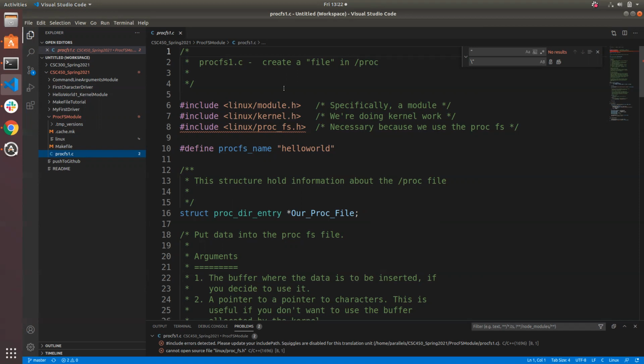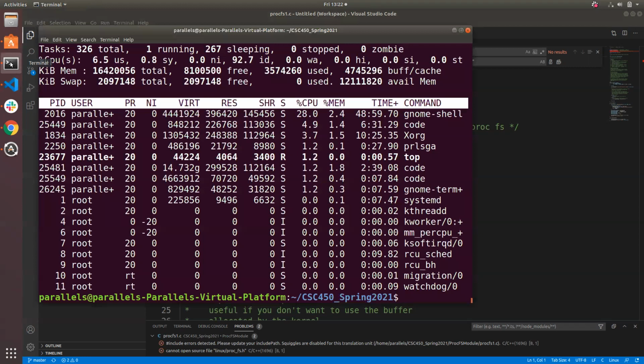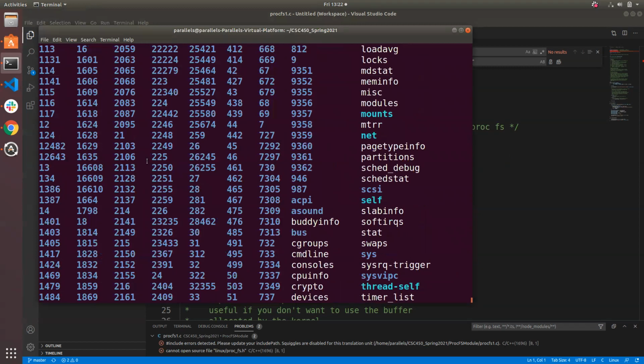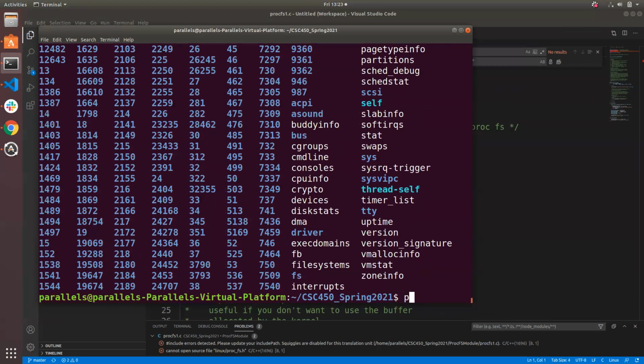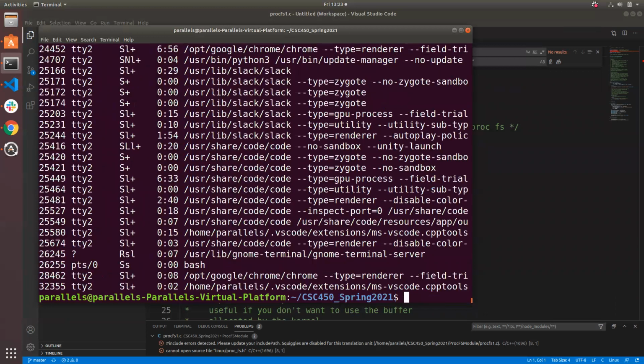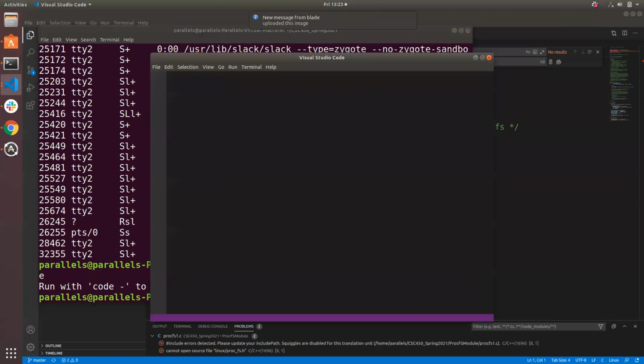And I think I pointed out last time, if I do ls /proc, we see that we have a whole bunch of numbers in here. Each one of these is associated with one of those process IDs that we would have seen inside of top, or I think I ran the command last time, ps -ax, and this shows you all the processes that are running. If I wanted to grep for code,